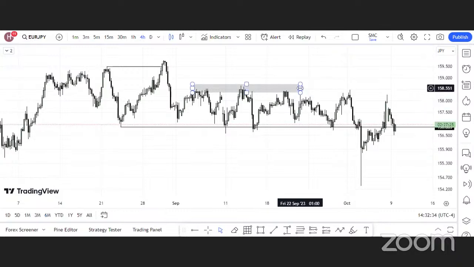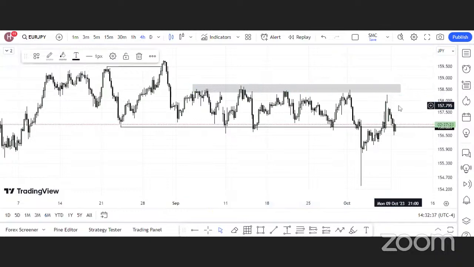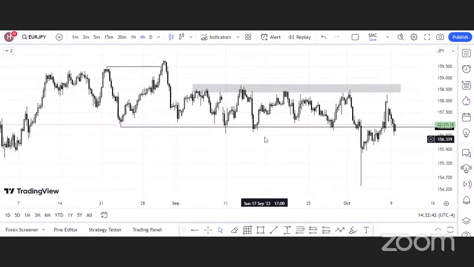You see? We call this a sideways market, a consolidation phase. The market was facing a consolidation around this area. If not, the market would have just gone to this area and continued to sell to the downside. But because of the consolidation happening around this area, you see the market was going up and down, going into the resistance, coming back into the support, going into the resistance, coming back into the support. So you see,